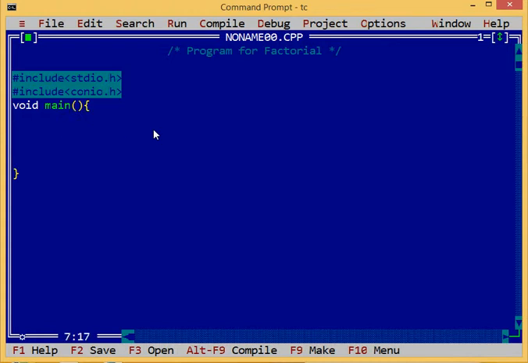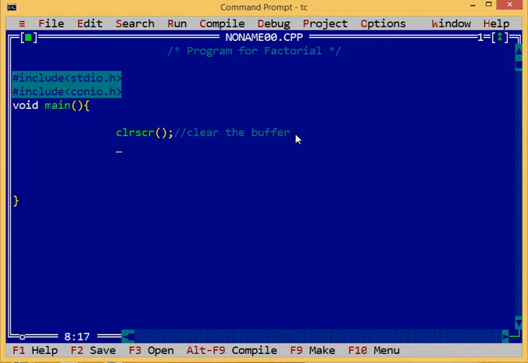I'm using a clear screen function to clear the buffer. The buffer is actually a temporary memory which we need to clear before starting the program. Once the program executes, first the clear screen will execute and clear the buffer, so the previous content will be cleaned, then it will display the next part. The terminator, the semicolon, is always used to end any statement.